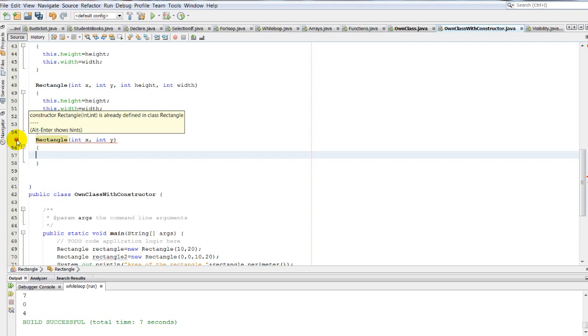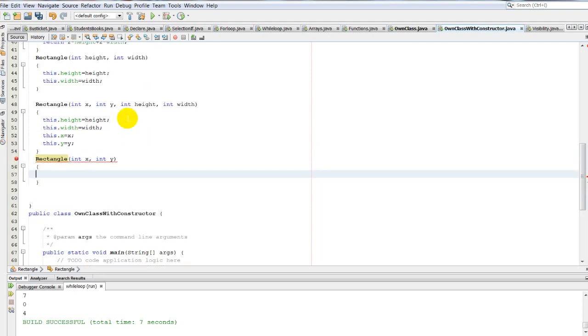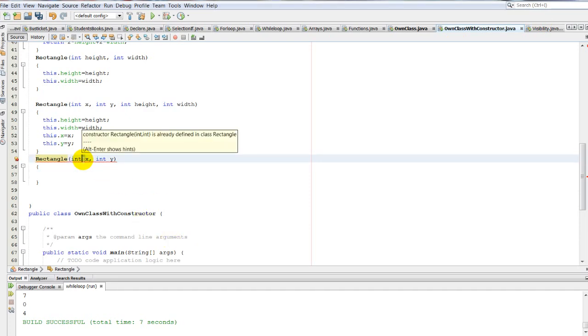It won't work because it has two parameters like the previous one that assigns values to width and height. If you insist on this constructor, you need to change the type of the parameters, at least one. For example,